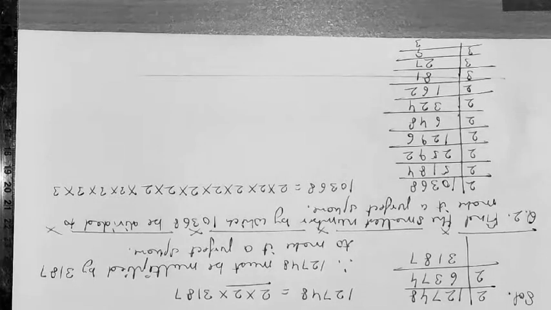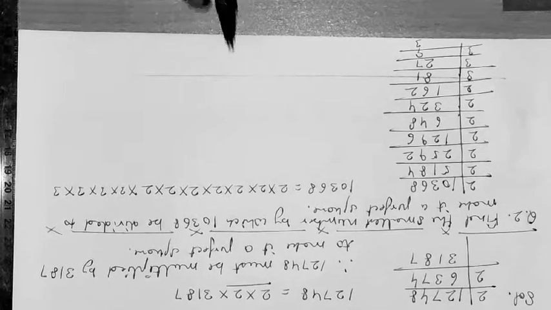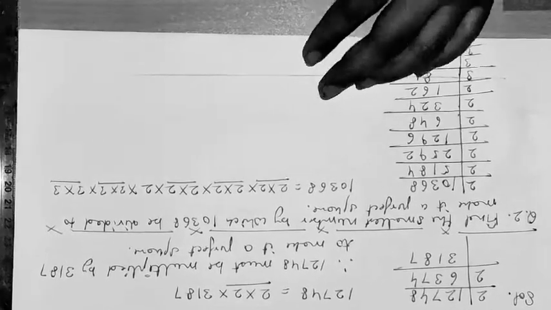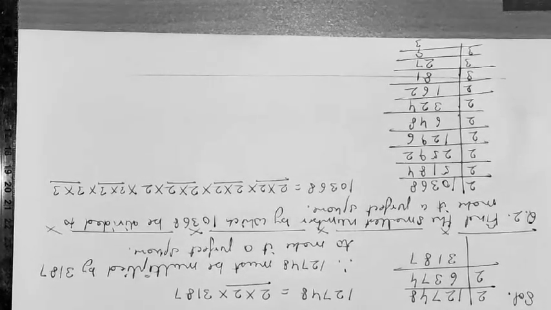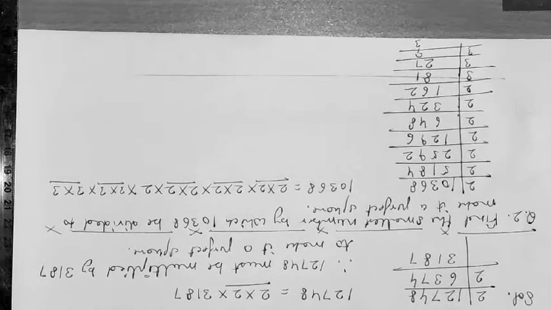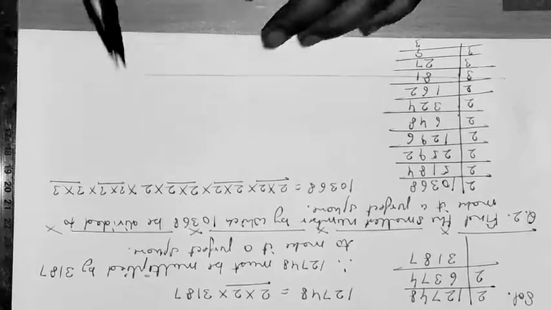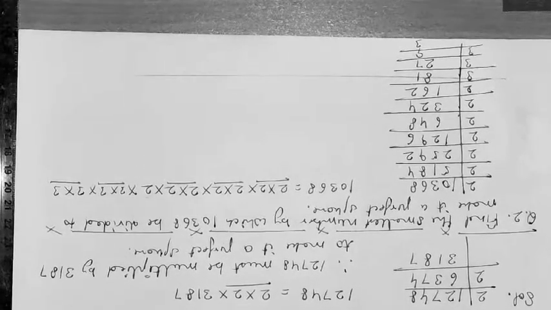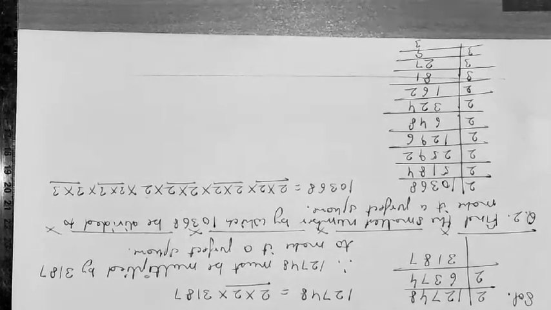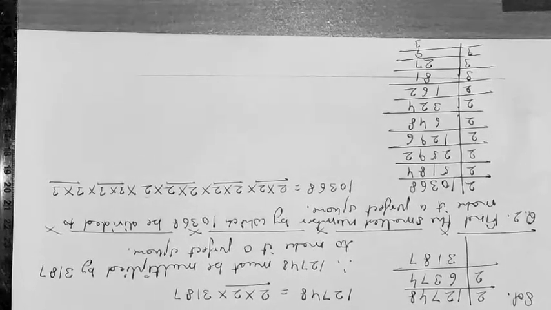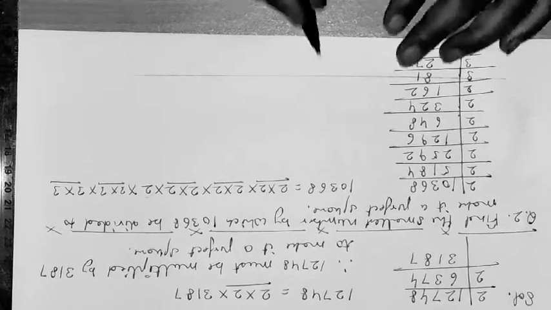In the second step, we will arrange the factors in pairs. Now as we can see, only one 2 is left which is not in pair. Now by which number should we divide the given number? We should divide the given number by this 2, because it is not in pair, it is disturbing, it is not making the number a perfect square. So we have to divide the given number by 2 to make it a perfect square.